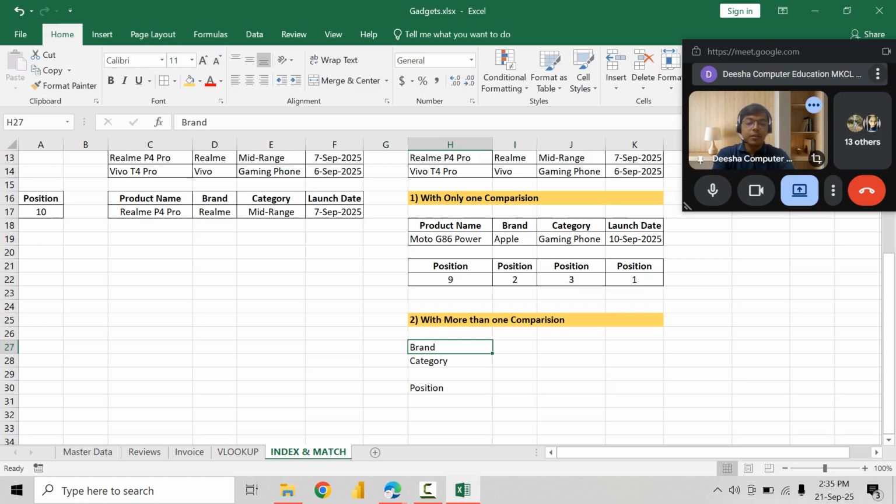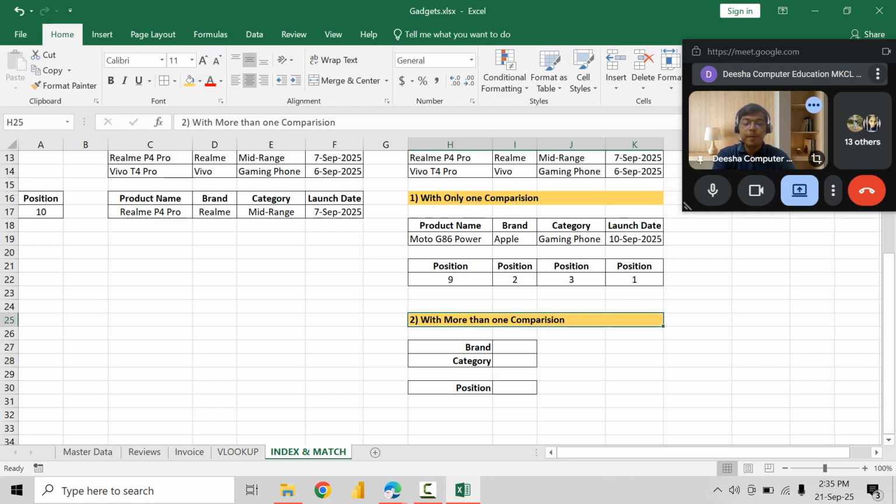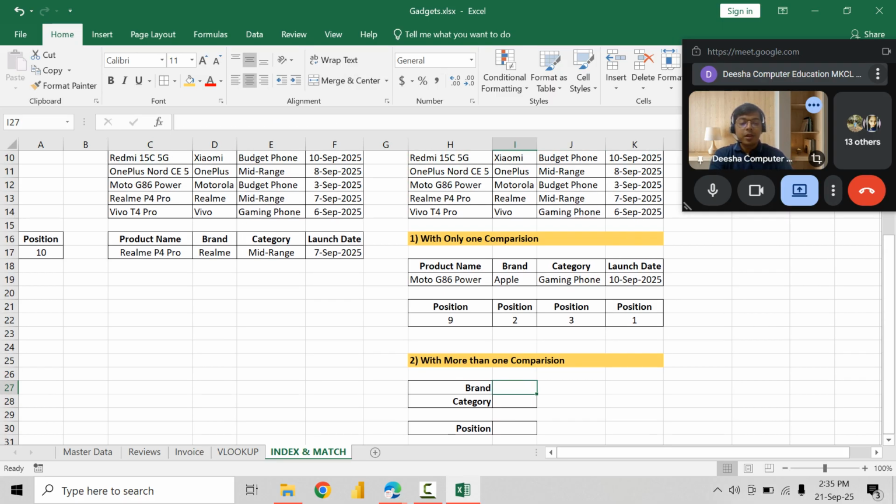Then show here what is the position. So I'm searching for a brand. Let's say the brand I enter as